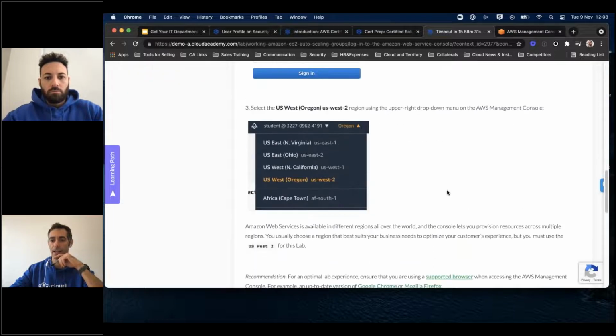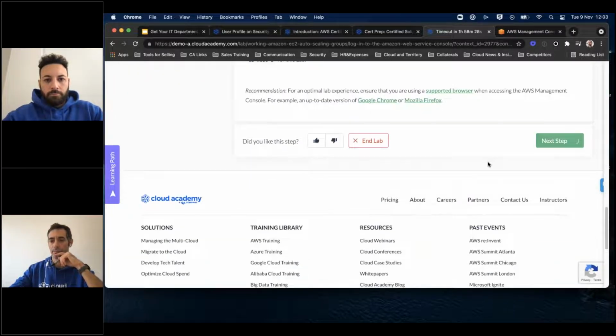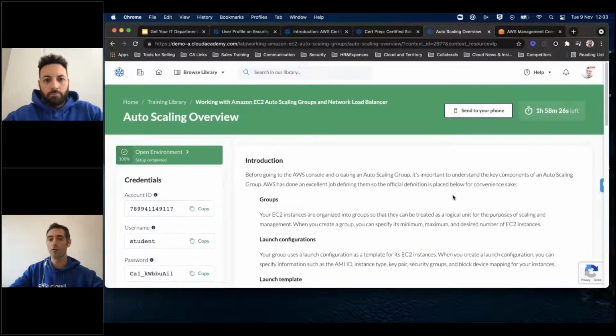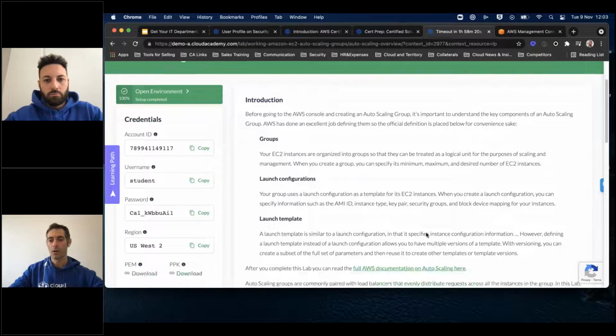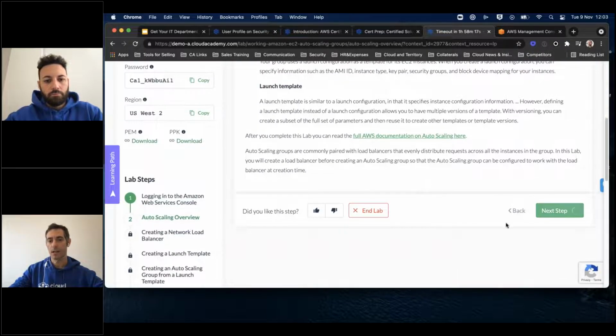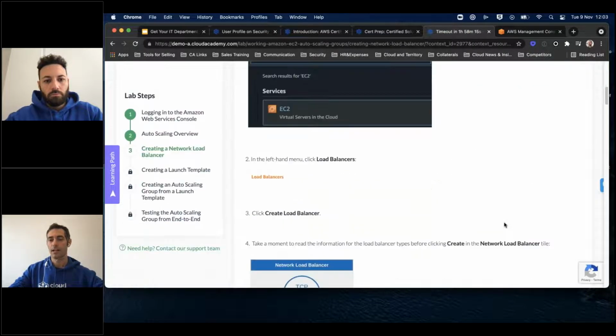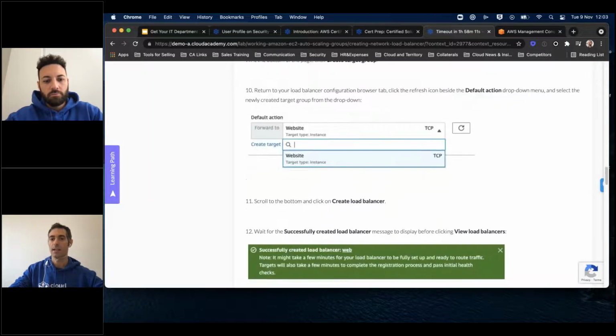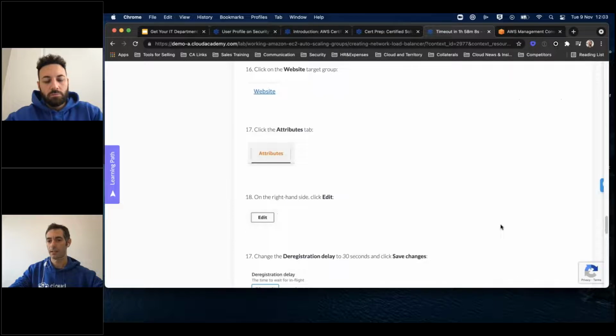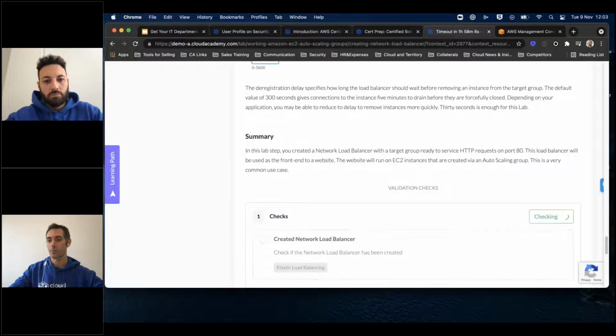All the laboratories have a check that you go through. This means that we bridge the connection between Cloud Academy and the laboratories. So if you complete this laboratory correctly, your personal skill profile will increase. If you don't complete it correctly, your personal skill profile will decrease.